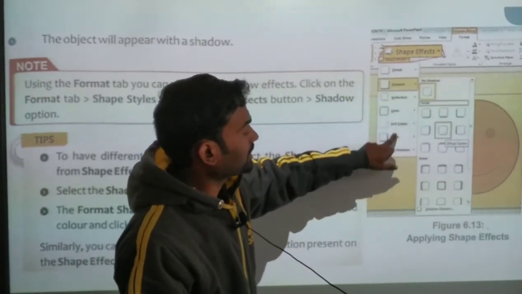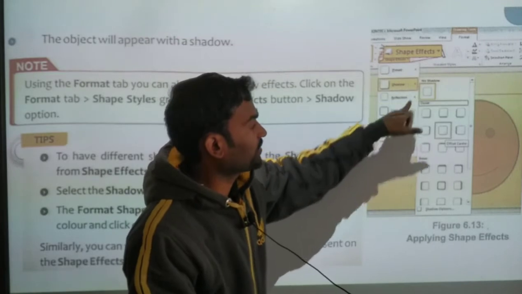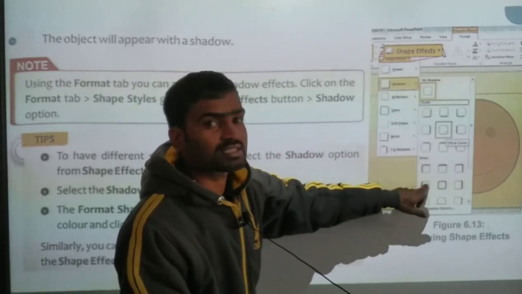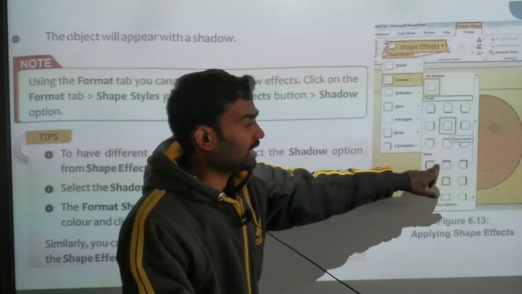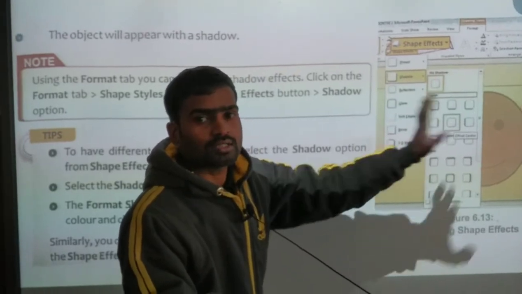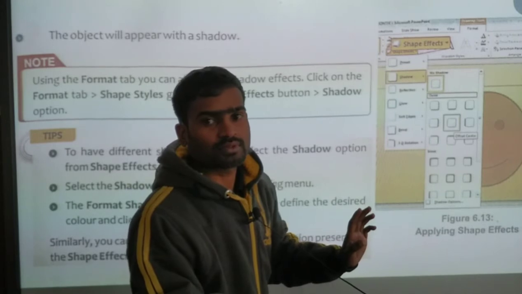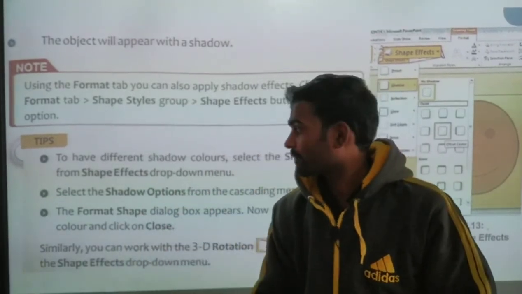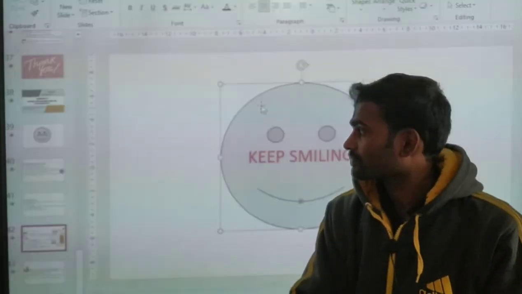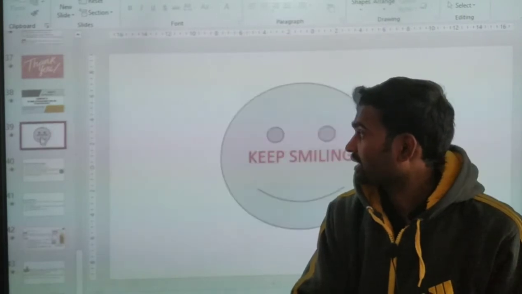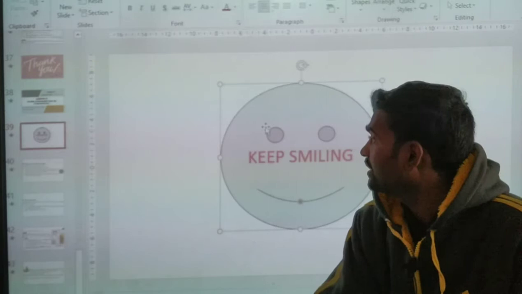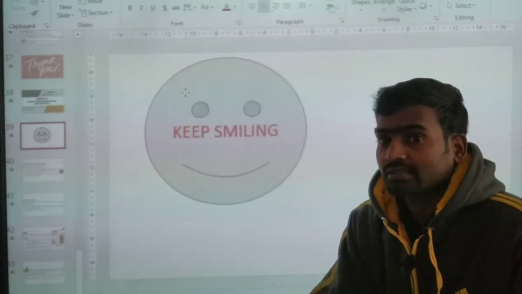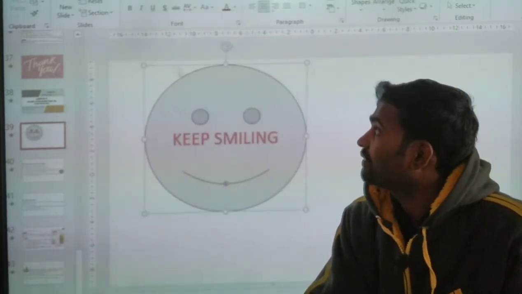There are plenty of options you can see. For each and every one you can see the effect style. When you click that, in that style, the text or the shape will be changed. Right, dear children? So here we do it. Now I take this same shape, right? I'll move it here. The same shape. What are we supposed to do?